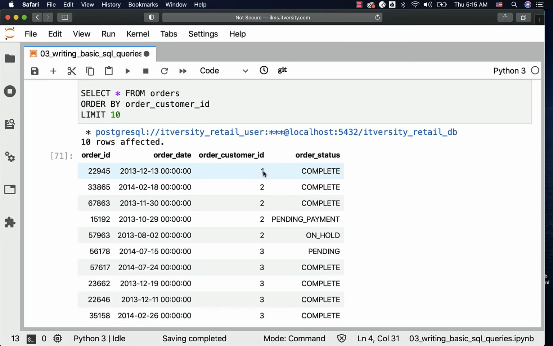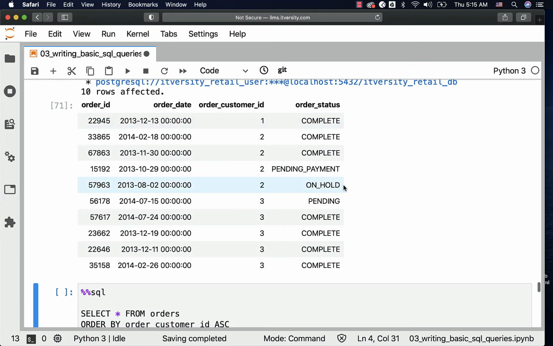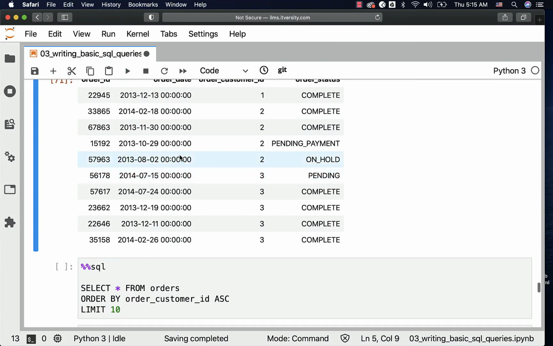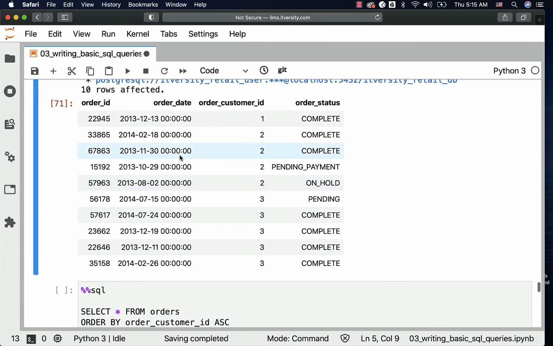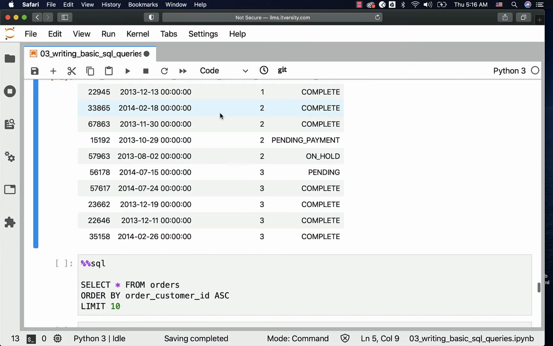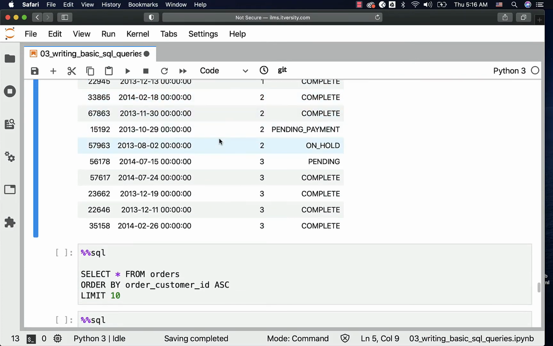First we see the results related to customer ID 1, then we see the results related to customer ID 2, so on and so forth. When it comes to customer ID 2, there are 4 records. Even these records might be in different order when we run the same query multiple times. We will get into the details about how to ensure the data is sorted in the desired order even on data beyond customer ID. But for now, if you want to specify ASC to sort the data in ascending order on a particular field, you can specify like this.